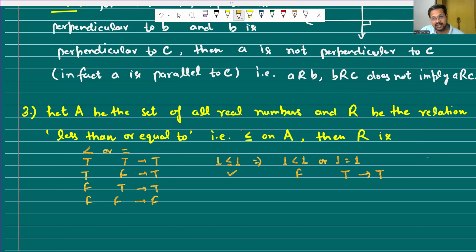ओके, तो सिमिलरली जब हम रिफ्लेक्सिव की बात करने जाएंगे तो you can write here A is less than or equal to A for all A. This is A from the set of real numbers, है ना, R को हम ऐसे लिखते थे। तो A is less than or equal to A, बिकॉज इसको जब हम ओपन करेंगे तो we have two statements, A is less than A and A is equal to A. तो ये एक फॉल्स स्टेटमेंट और ये एक ट्रू स्टेटमेंट है for the real numbers. तो ये टुगेदर we will say this is a true statement. This holds for every real number. तो ये एक रिफ्लेक्सिव रिलेशन है, ठीक।